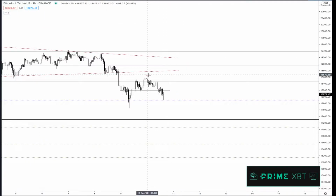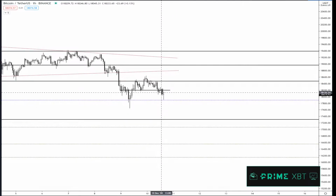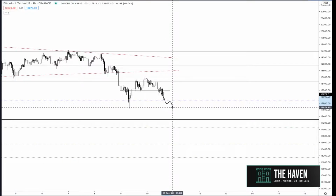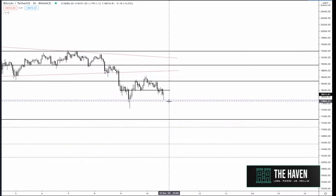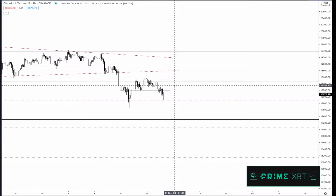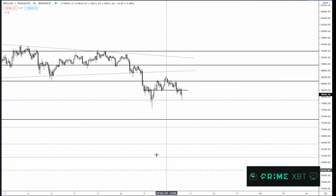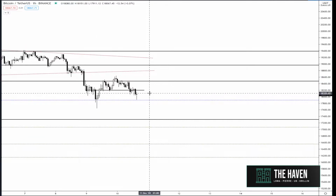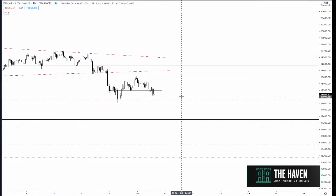Okay, so let's say we do not sweep the range highs. What I'm looking for then is a move down below the equilibrium, reclaim it as resistance. So I'm looking for maybe an hourly close below with a retest if possible. To break such a significant level, kind of like right in here, we clearly didn't see a retest, right? But regardless, I'll be looking for low time frame short signals, and hopefully getting into a short position, probably something like